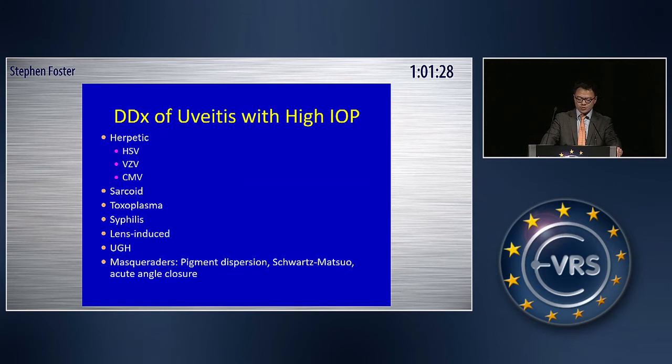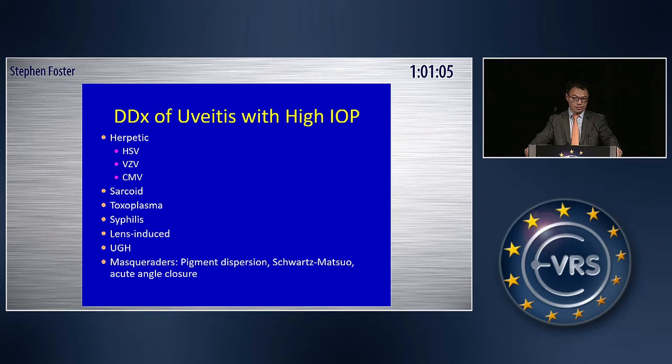Now, what about differentials of uveitis with high IOP? Again, it's more limited, so that's why it's important that you don't just look at the front and then look at the vision and then skip the IOP. You pay attention to it. If there's a big difference between the two eyes, then that's probably ocular hypertension. So you think about herpetic, you think about sarcoid, toxoplasma, syphilis, lens-induced, UGH, the uveitis-glaucoma-hyphema syndrome,